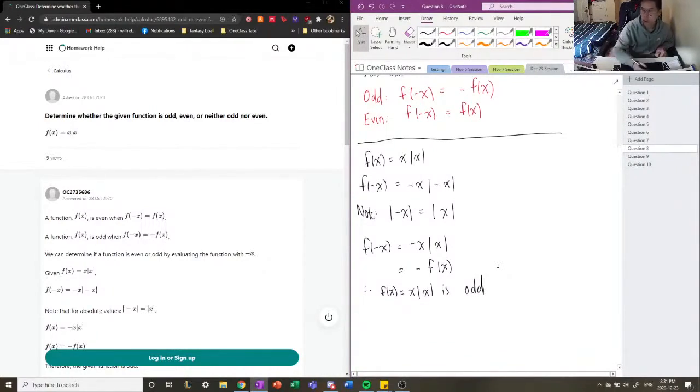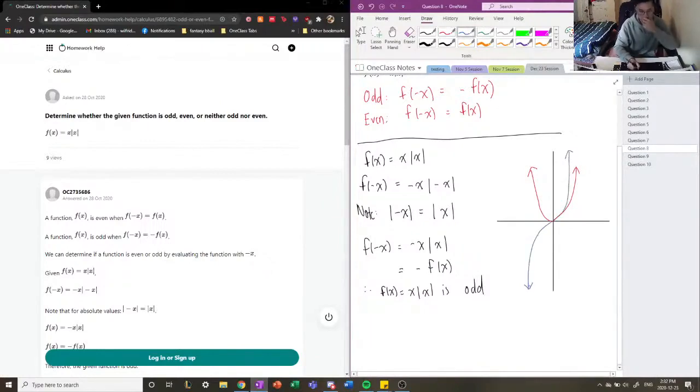So what these mean is they relate to, I guess, symmetrical functions. A good example of an even function is something like a parabola, right? A parabola is an even function because f of negative x is just f of x, right? A good odd function is something like a cubic function